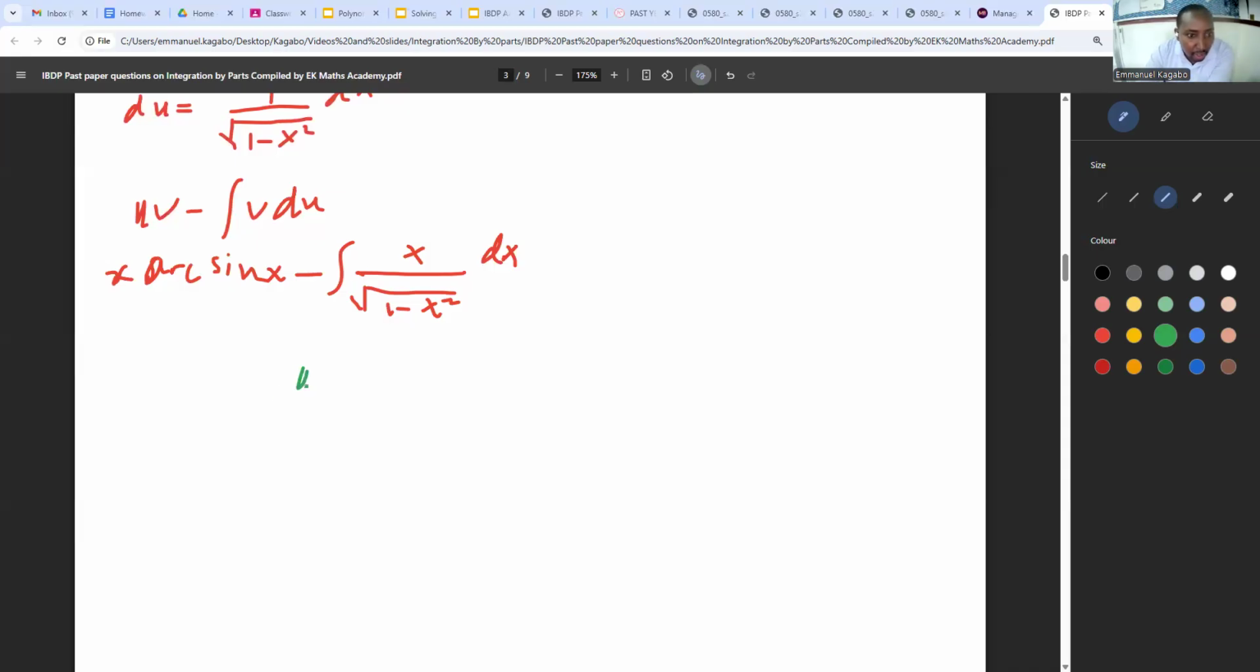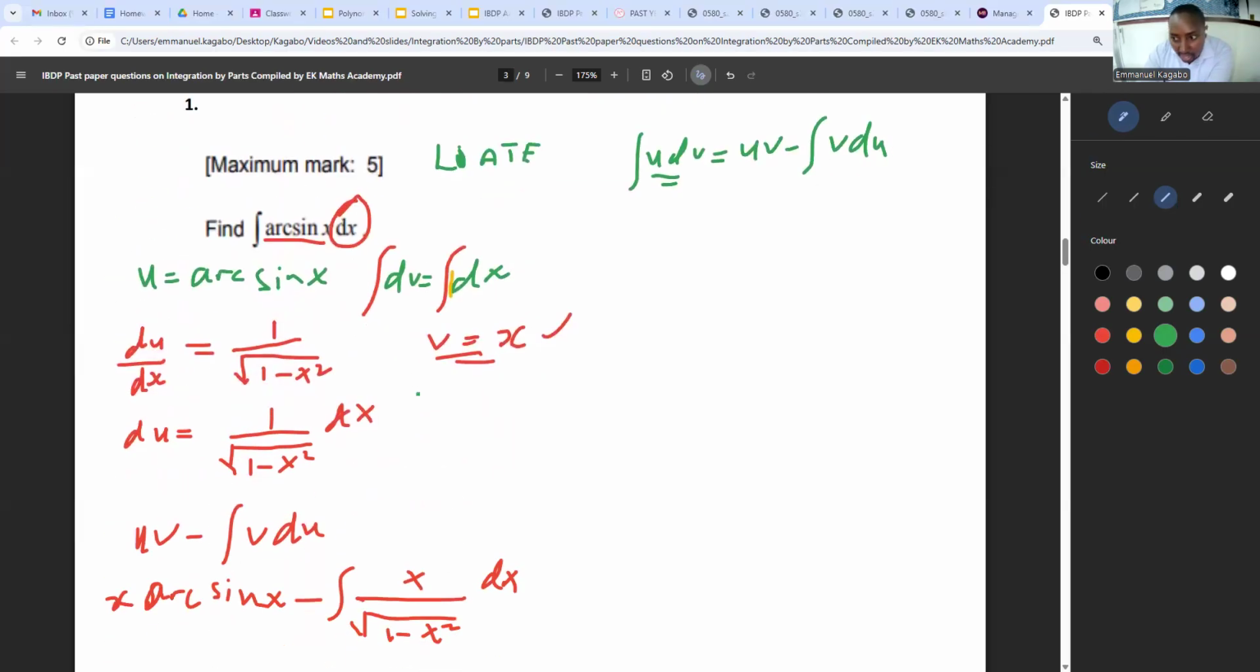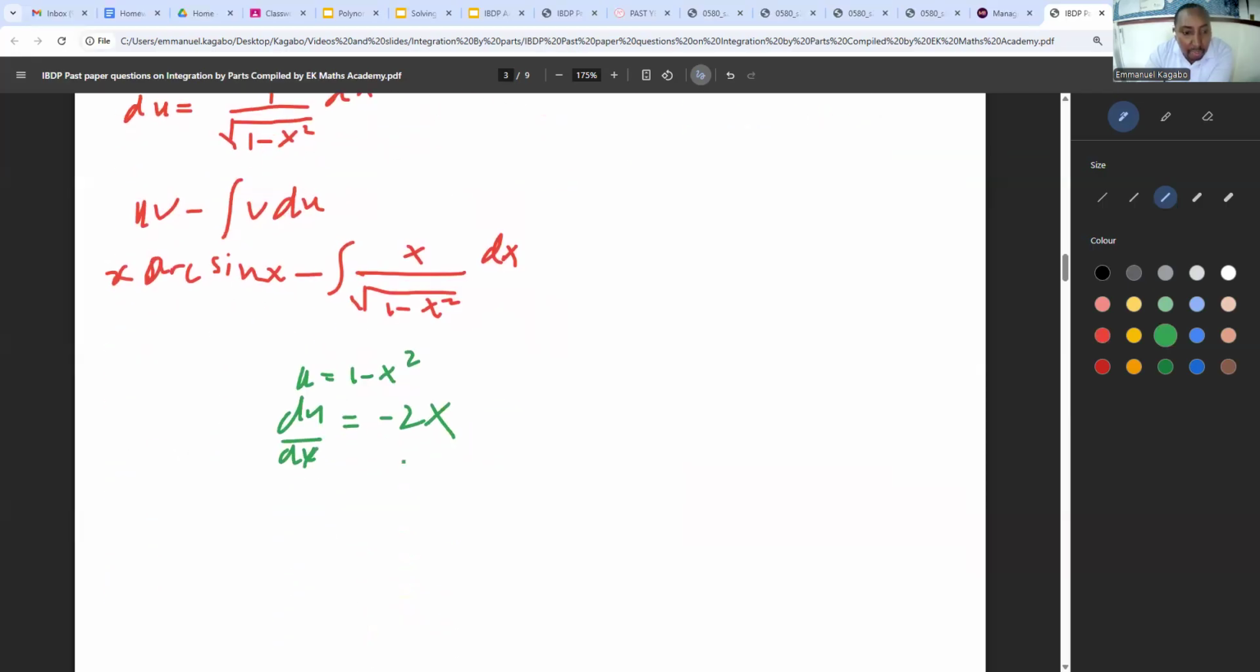Now, what's going to be my u? My u is going to be 1 minus x squared. Now, what is the du over dx? It's going to be minus 2x. Ladies and gentlemen, this is one difference between integration by parts and u substitution. For by parts, you make du the subject. For u substitution, you make dx the subject. Okay? So that means if I make dx the subject,